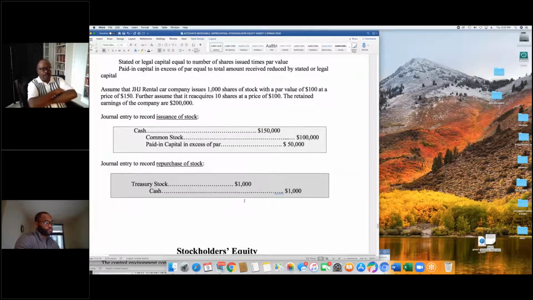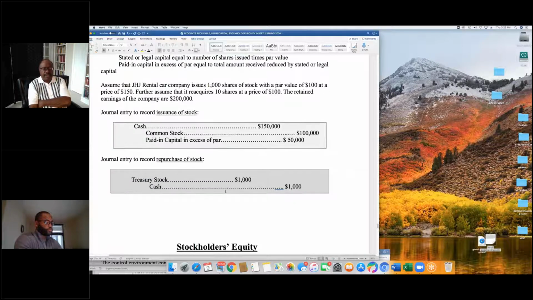Sometimes companies will purchase their stock back, and they can debit treasury stock and credit cash. Why do companies buy their stock back? Because they'll have more of the income left to them. So they're buying out other people and more money is left for them. If you notice in the stimulus package, they wanted the owners of companies to pay employees, not buy back stock, so that they would benefit.